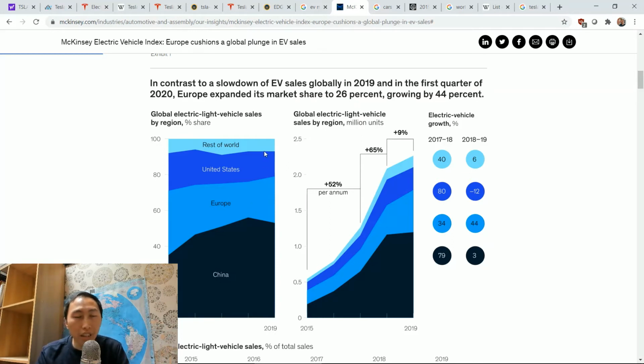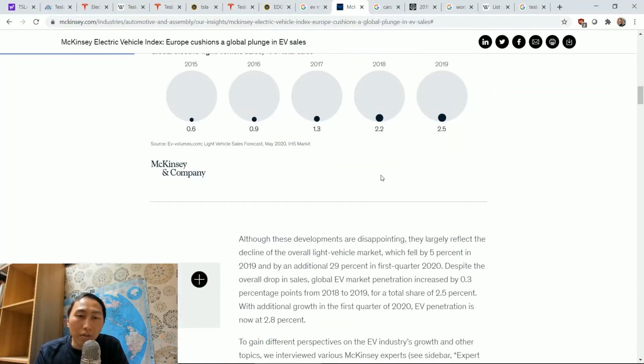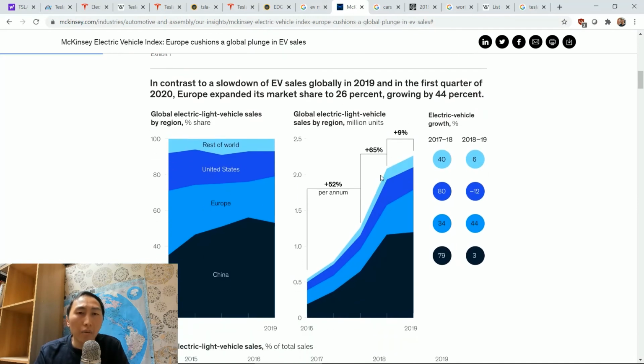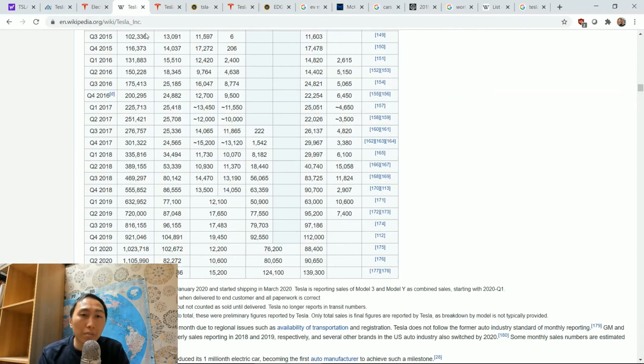And then you can see the rest of the world isn't doing as much as these larger ones. If we look at China, it does about half of it, and then basically Europe and the States do the other larger chunk of it. And then we can get some good idea, but I wouldn't try to focus too heavily on this data. I think it gives you an idea of trends, but the best trend is looking at the company